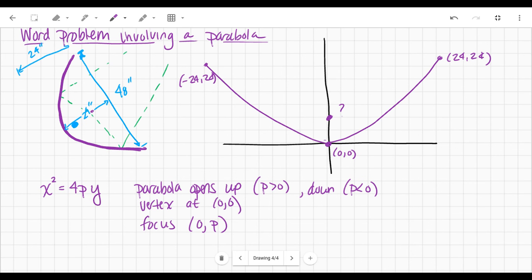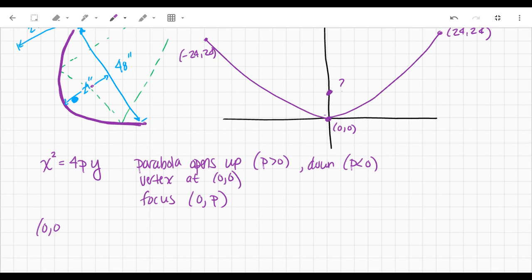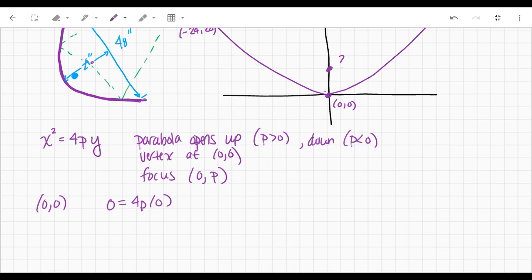All you need to do is plug in one of the points that you have and solve for p. The one point that won't work is your 0, 0. You don't want to plug in 0, 0. If I plug in 0, 0, then I'll have 0 equals 4p times 0, and that doesn't tell me what p is, because I just get 0, 0. So I can plug in 24, 24,